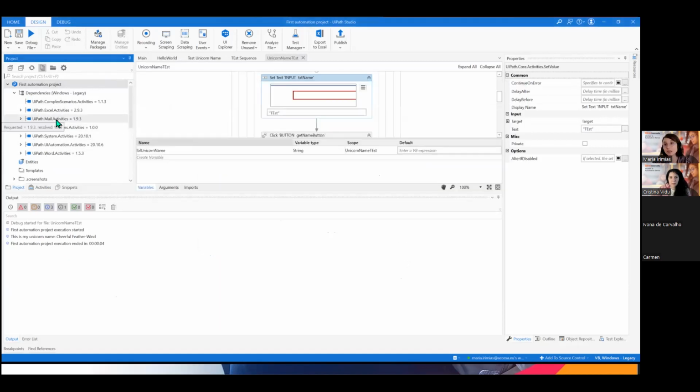If you want to send emails with your activities, you will need the mail activities. There is a default set of dependencies when you first start Studio, but if you do not have them, go and extend your dependencies here, because it depends on that. Basically, your activities will depend on the packages you are relying on to build your automation.